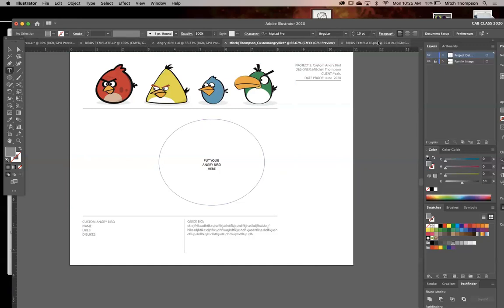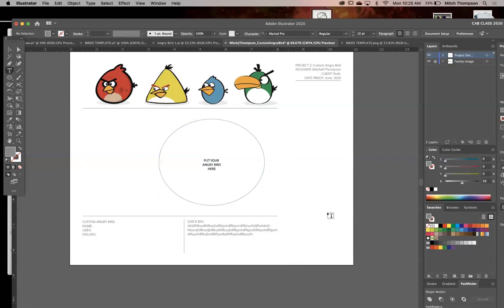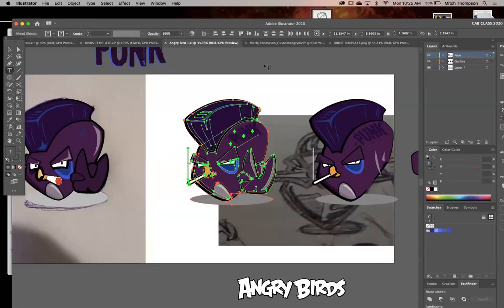Now, we can, of course, just grab an image, but it'd be great to actually draw it. Shoot, I should have done that today, because today was just making sure that you got your template set up. We could even draw the Angry Birds logo type and bring it in down here. That's really simple, but it's a great pen exercise. Maybe on Thursday we can work with my sketch to do something like this together. How's that sound?